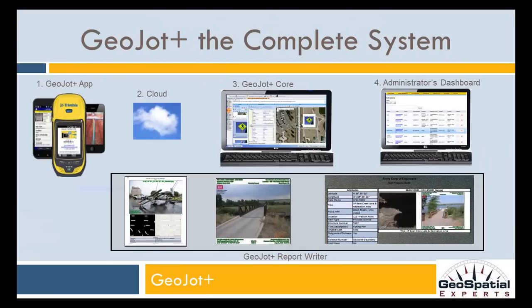The GeoJot Plus Core application is used to create data collection forms, edit data and photos for quality consistency, to move map points for increased accuracy, and then create reports and output in the formats used by the leading mapping